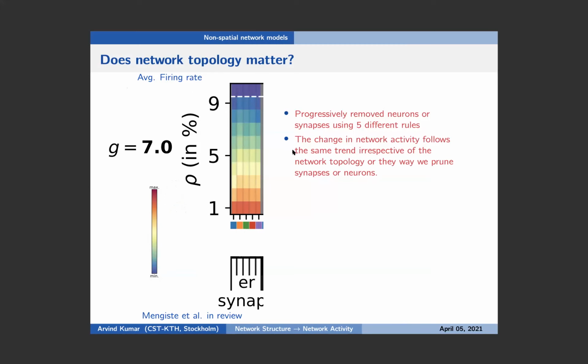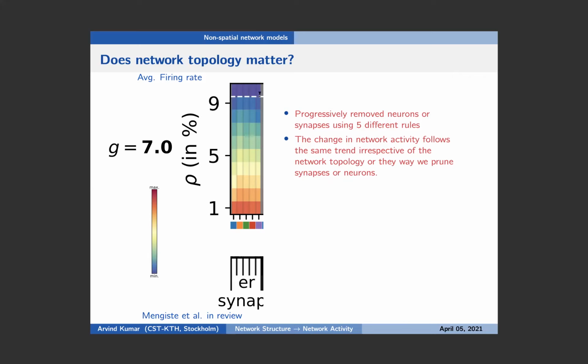So for perturbing, what we thought is that, well, we can do 2 things together. We can introduce a perturbation and also ask a question about neurodegeneration or synapse pruning in the brain. So we start with a network which is 10% connected and progressively remove synapses. And to remove synapses, we use 5 different approaches. In one case, we remove synapses randomly. In another case, based on the degree of the neuron. And a very complicated strategy is where we look into the matching set, and depending on that, we remove synapses.